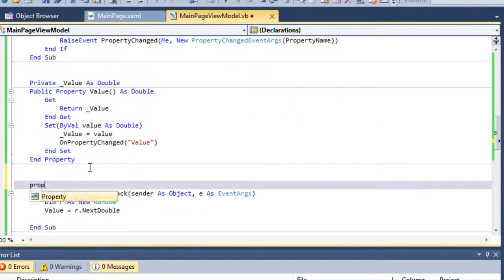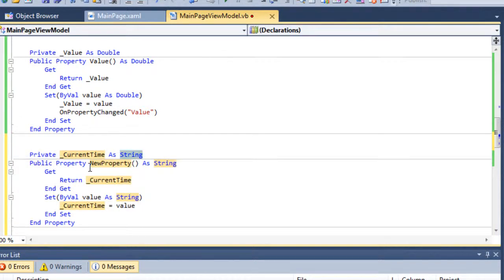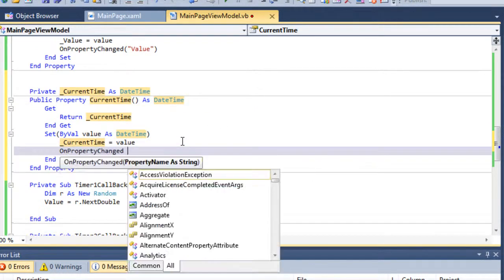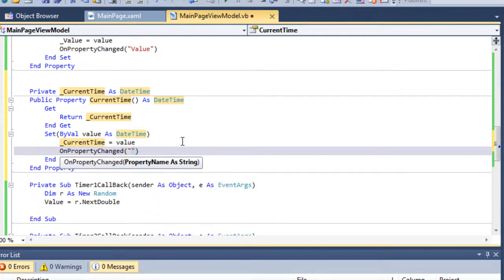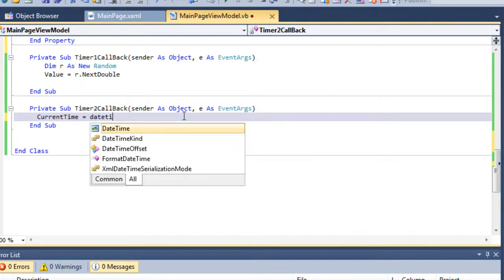So let me say this is CurrentTime. So basically I want to create a timer, it means the time tick. So let me use DateTime, CurrentTime, and again I want it to raise property changed, so it would be CurrentTime. And in the callback, I want CurrentTime equals DateTime.Now.